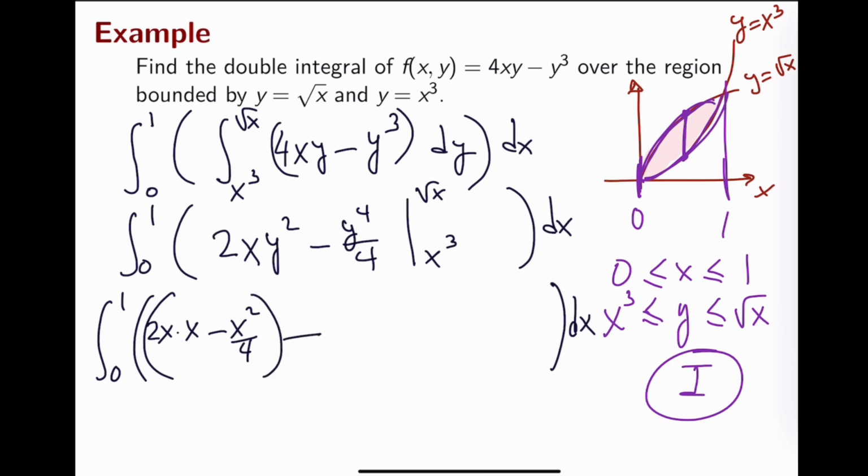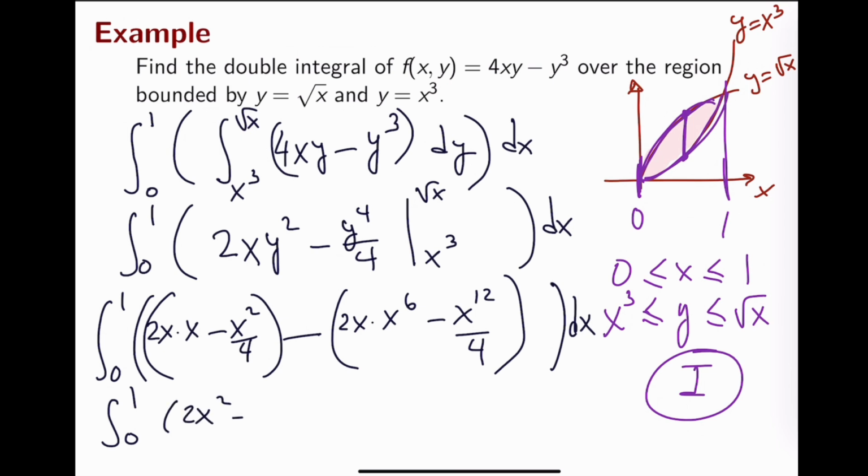So now we're going to put minus and do the evaluation at x cubed. So the evaluation at x cubed is going to be 2x times x to the 6th power and then minus x to the 12th power divided by 4. Okay, so the result of this subtraction will be our next integrand. And so this is the integral between 0 and 1. And we do the operations here. The result is 2x squared minus x squared over 4 minus 2x to the 7 and plus x to the 12 over 4